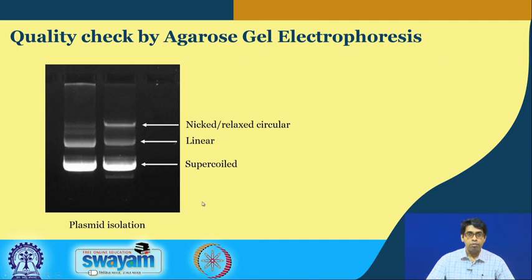So, in case of a pure plasmid sample, we typically see several bands, we are not going to see just one band. The reason we see several bands is not because of contamination, but different states of the plasmid DNA. So, this one, the one which is at the bottom, is the one which is running the fastest, and this is a supercoiled DNA. So, remember, it is a circular DNA, and that circular DNA can again form more coils on top of that, resulting in a supercoil which makes its size highly condensed. So, since the size is small, it will run very fast, and that is what we see here.